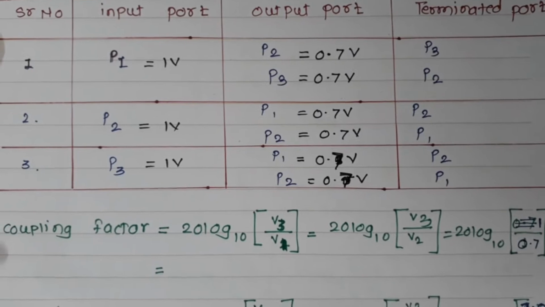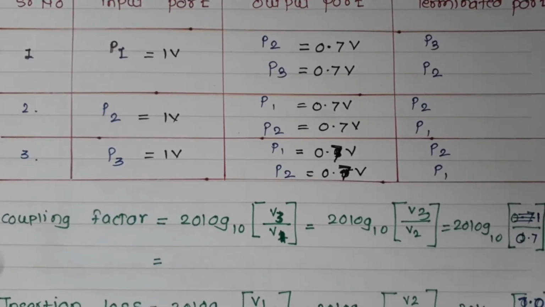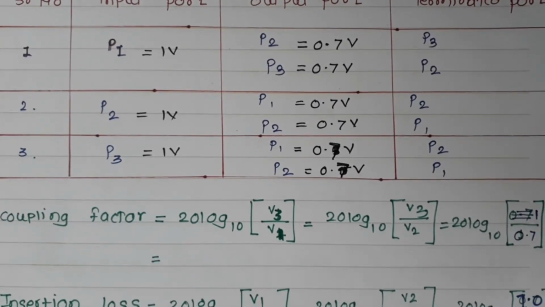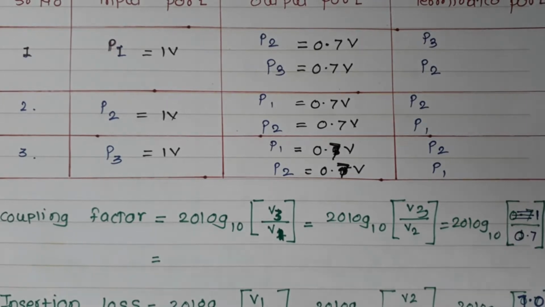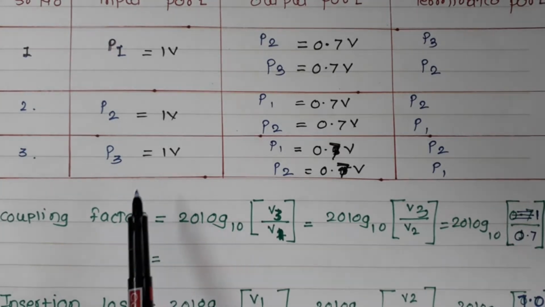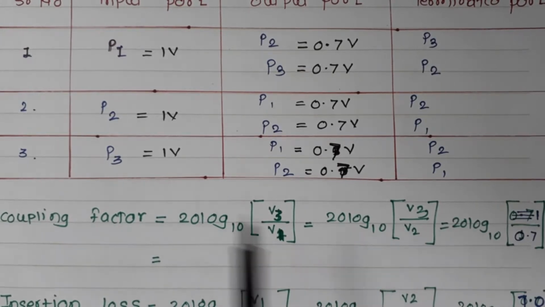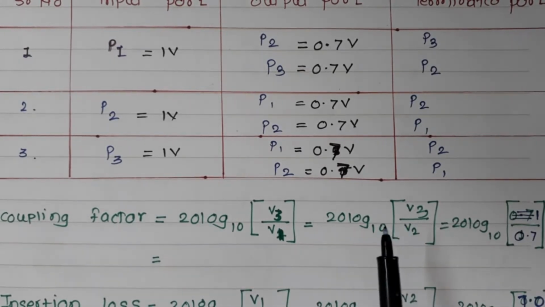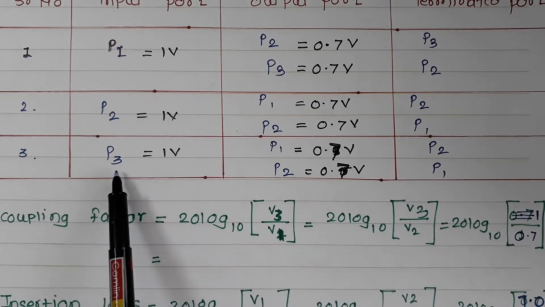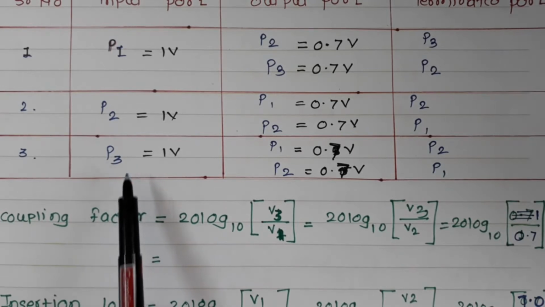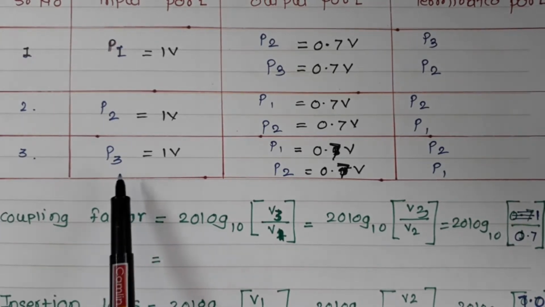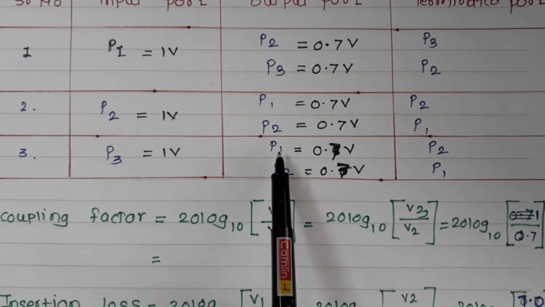Now let us talk about the first port characteristic, that is the coupling factor. Coupling is the term always expressed between the auxiliary arm and the main arm. Here ports 1 and 2 are the collinear arms and port 3 is the port of the auxiliary arm. So whenever we talk about the coupling factor, if you are giving something to port number 3, how much power gets coupled into port number 1 and 2.